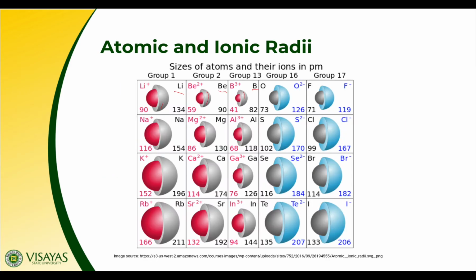Now, as we go from left to right, by the way, we only compare ionic radii of isoelectronic ions. Where do we write this one here? Isoelectronic ions. When I say isoelectronic ions, they have the same number of electrons. Okay. For example,